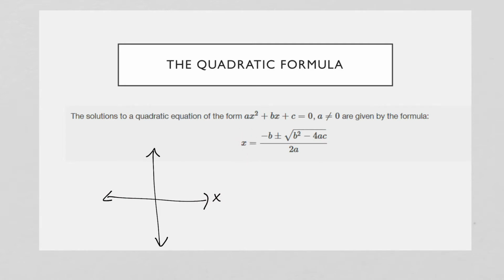Whenever we talk about a, b, and c, we're talking about the coefficients. The a is in front of the x squared, the b is in front of the x to the first power term, and the c is your constant term, okay? And keep in mind, we always have 0 on the other side, and if you don't have 0 on the other side of the equal sign, you need to get it that way first before you determine your a, b,